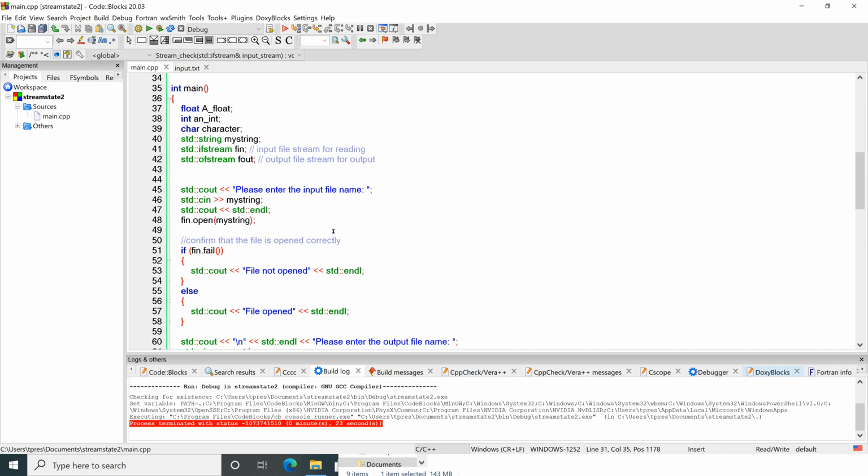So I'm going to add one new thing in this program, which is we can check and see if the file was opened or not. So we'll do ifstream fn, we'll do output file stream, so ofstream fout, and then we'll open it separately. So this might be an instance where you would want to open it separately. So we're going to prompt the user, what's the name of the input file stream? User types it in, it gets saved in myString, and then it does an fn.open, and then it tries to